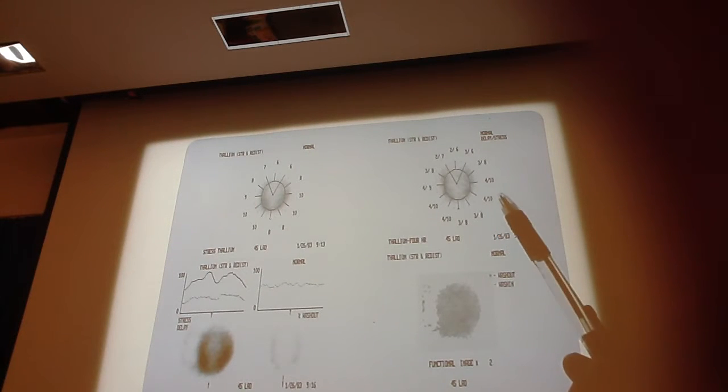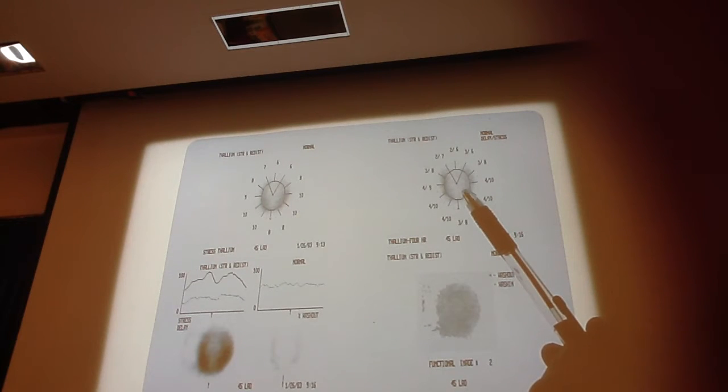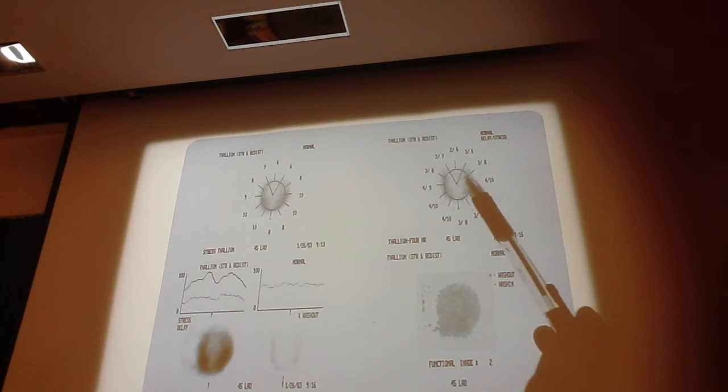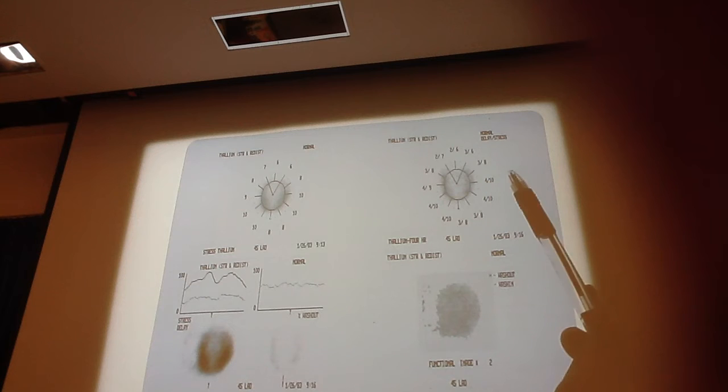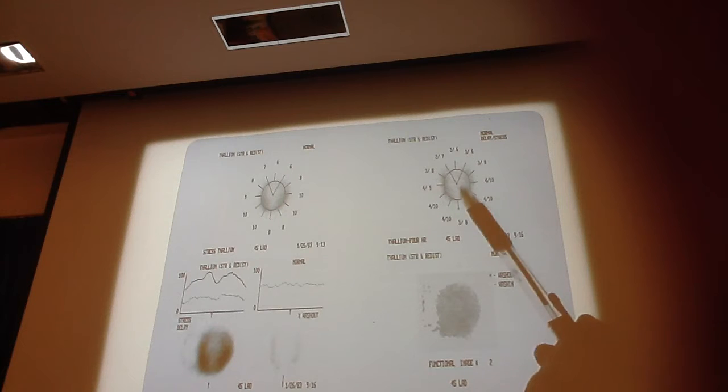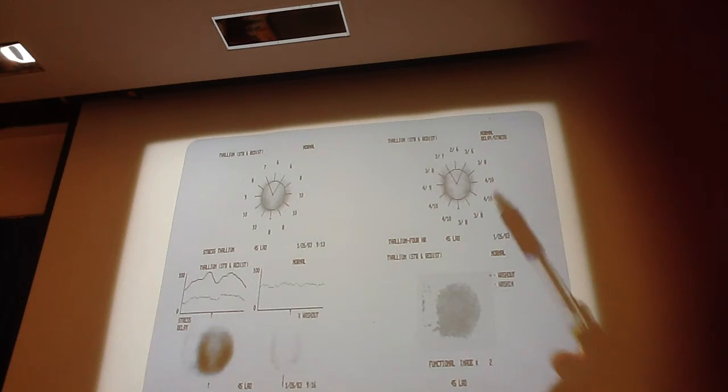Because remember, thallium is a potassium analog. What does your heart muscle need potassium for? Okay, to contract. Remember, every time a muscle contracts, there's an exchange of sodium and potassium. Okay? And also with the heart, we also have a third element that we have to look at, the calcium, right? Calcium mainly affects the AV node, and so whenever the ventricles are contracting, we have to look at the calcium concentration, and when the calcium exchanges,